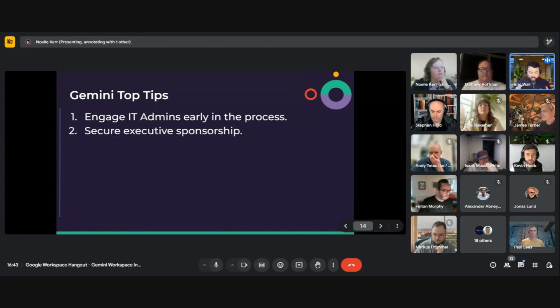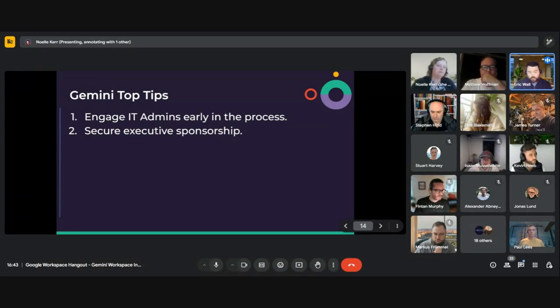And then we look at executive sponsorship. Generally, we found that having executive sponsorship from either the C-suite or senior management in the business is important. The idea behind this one is to reassure people that something like Gemini isn't going to take somebody's job. It's not going to do their job for them, but they're comfortable with them using the tool, and to make sure that they feel confident that they can use it in day-to-day life and look to see benefits out of it as well.